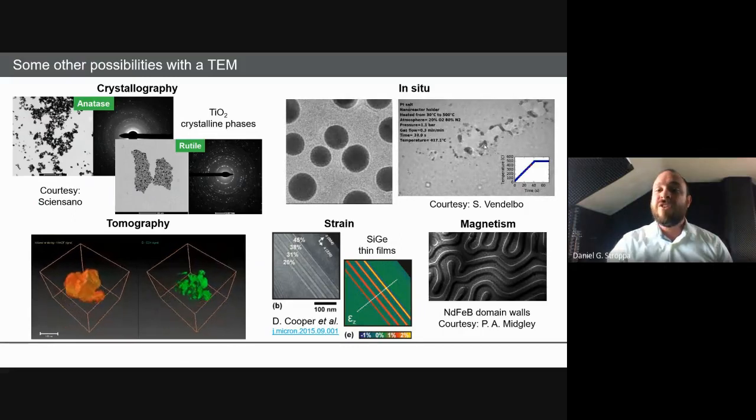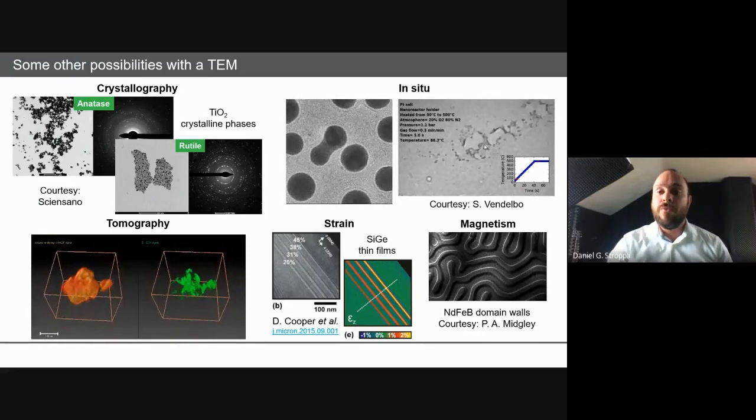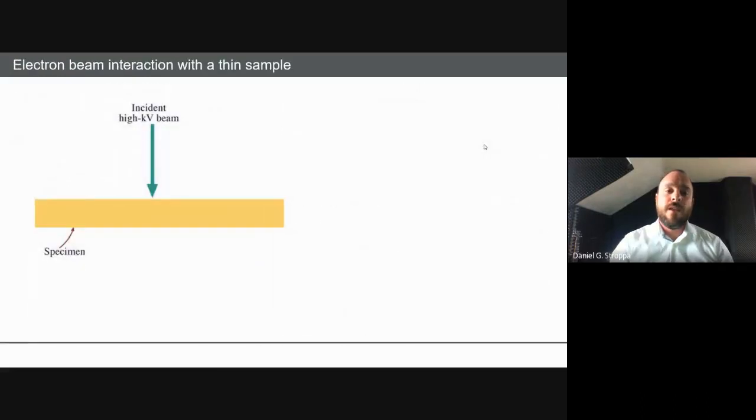There's a high probability for a thin sample that electrons are going through without any loss of energy or any deviation. Then there will be some elastic scattering, and for instance, diffraction happens here, and also high angle scattering, Rutherford scattering is going to happen as electrons go through the sample, and many events related to energy loss. So the electrons will go through the sample and are going to have interaction with the sample, and they are going to lose energy in many ways, and this will result in different signals that you can use